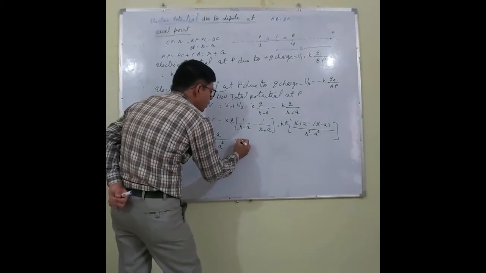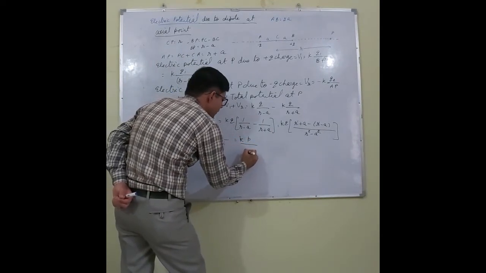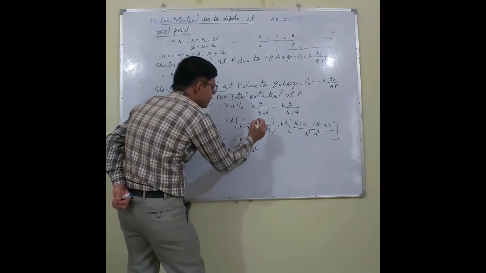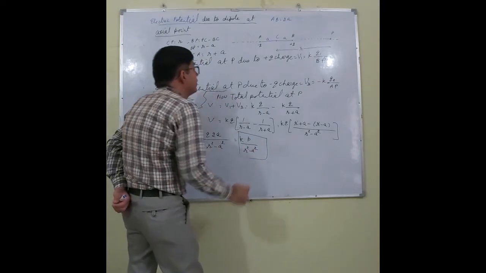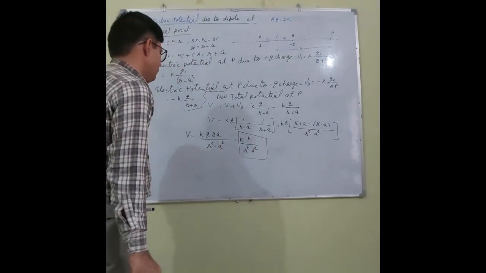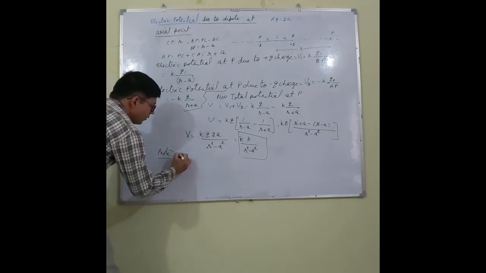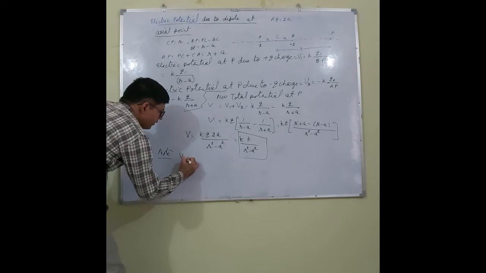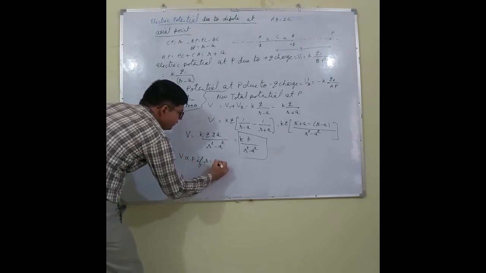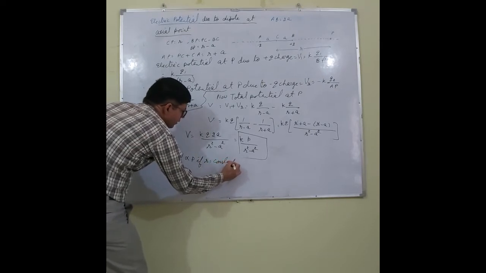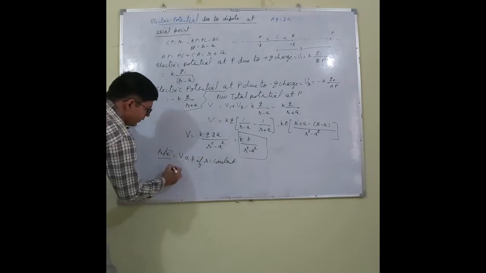Now all of you know what is 2aq? This is the dipole moment. Right? So what can I say? V is directly proportional to p if distance is constant. p is the dipole moment, it's in the numerator. Second is